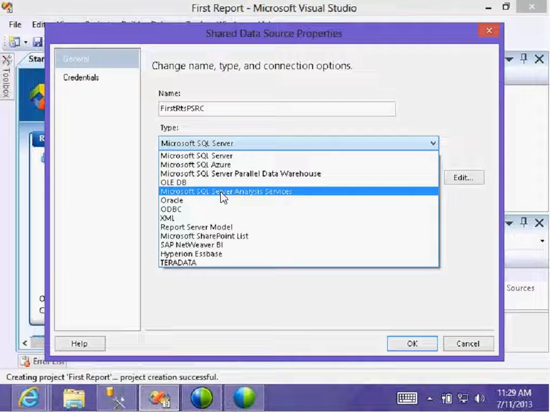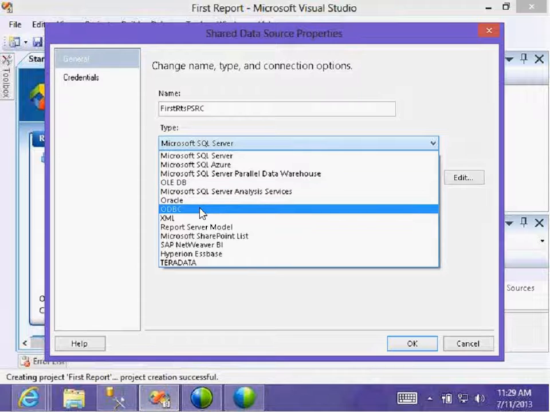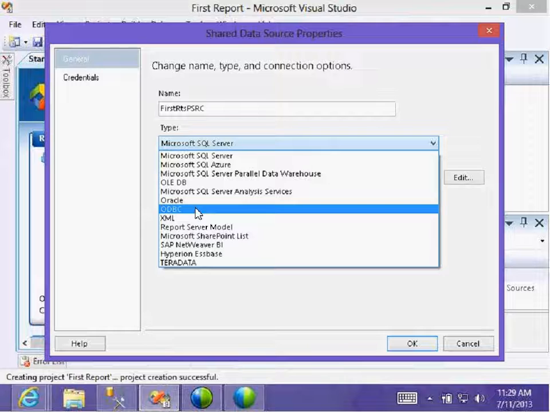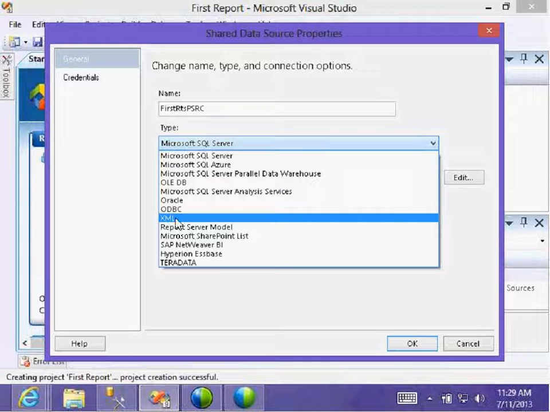Analysis Services we will use later for business intelligence data. You can use Open Database Connectivity, ODBC, for other databases. And if the data is in the form of Extensible Markup Language, XML, you can use that too.